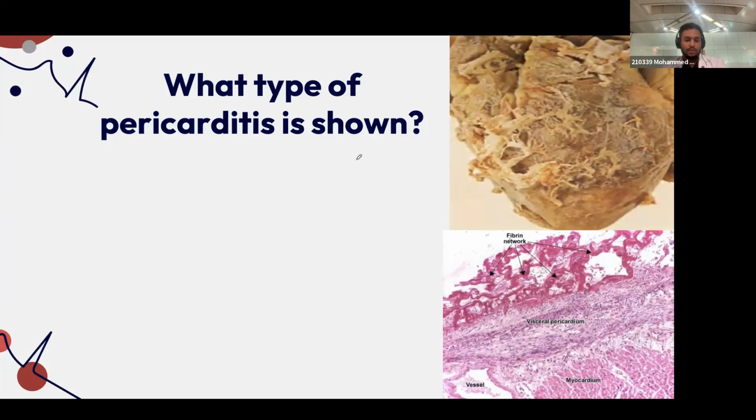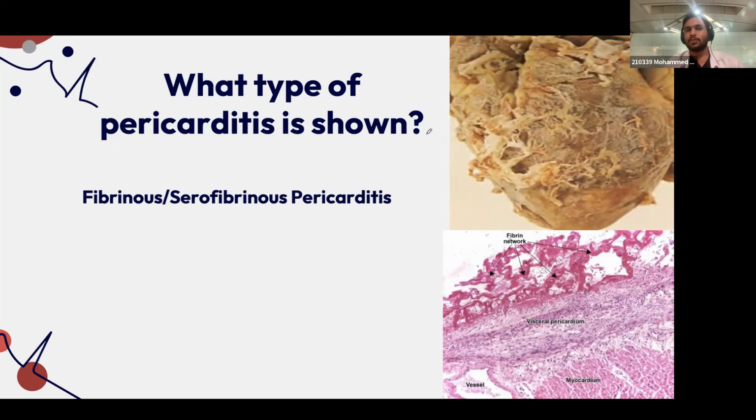Fibrous. Excellent, good. Now, for fibrinous pericarditis, can someone tell me some causes? MI, uremia. Okay, good. So MI, uremia, viral infection, and so on. Right heart failure can also cause it. So this is fibrinous or serofibrinous pericarditis, where you have, for example, serous fluid that will then be